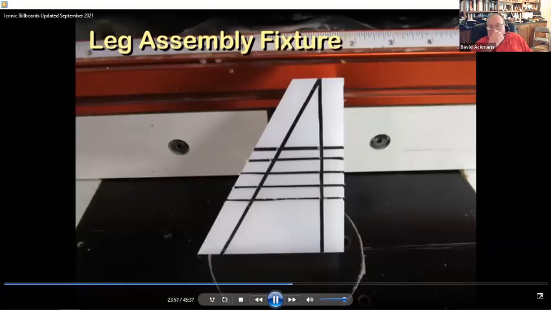UHMW is a very slippery plastic and little sticks to it well, thus making it ideal for an assembly fixture since our glued parts won't stick easily. Yes, you could make an assembly fixture from some other material, but UHMW is ideal, easily obtainable, and well worth it. I will describe how to make this fixture in the final part of this tutorial, but for now, note